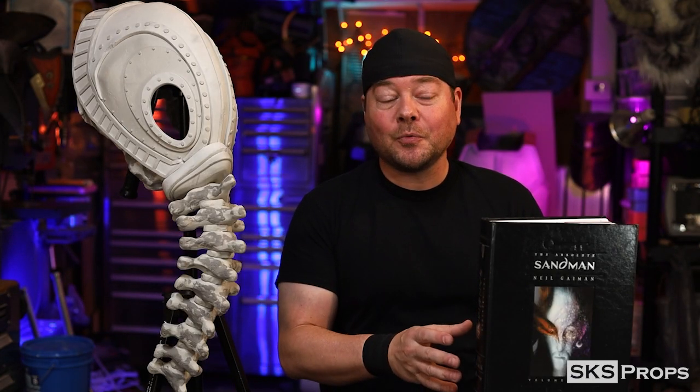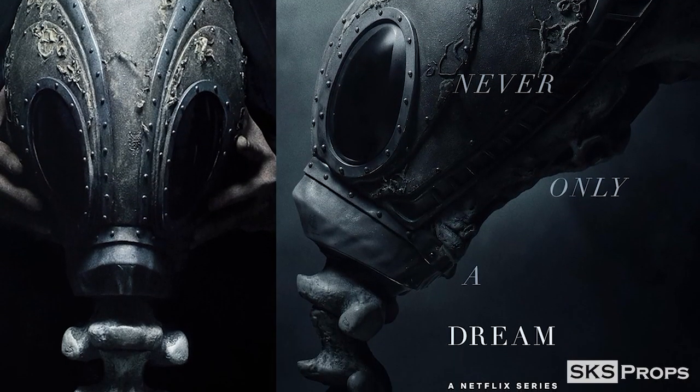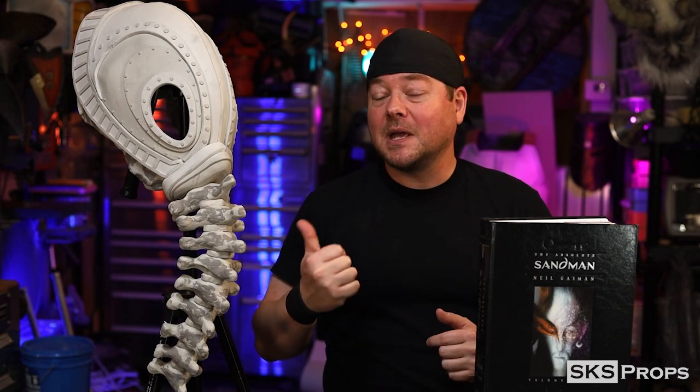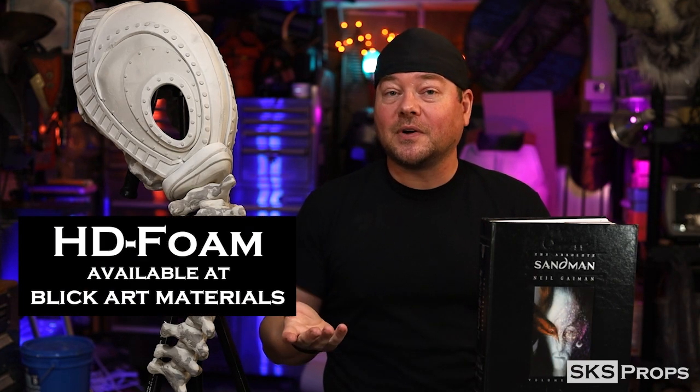So I took a bunch of different references from the comic book, and I kind of picked and chose things that I really liked about it. I also took some references from the new live-action Netflix series, and I put all those together to make my own version. Now, this helmet is made completely out of my HD foam,